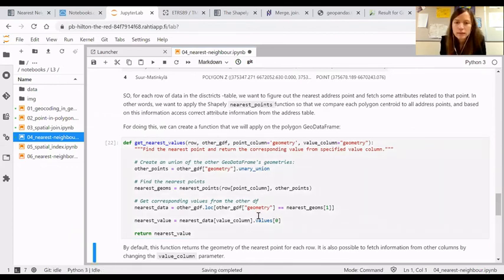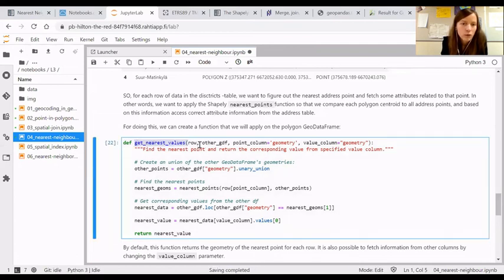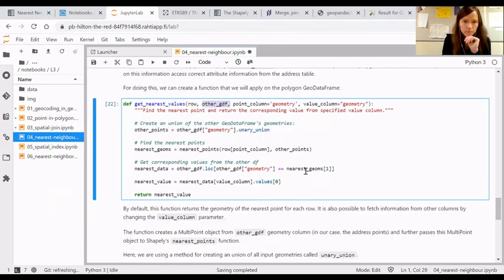So let's store that into the memory, apply it, and then I will return and explain it row by row what's happening in here. But most importantly, we will take each row of the data, then give the other information of the other data frame, and then information of the columns based on which we then do this nearest neighbor analysis. Okay, well, maybe I'll walk you through this briefly now. So then